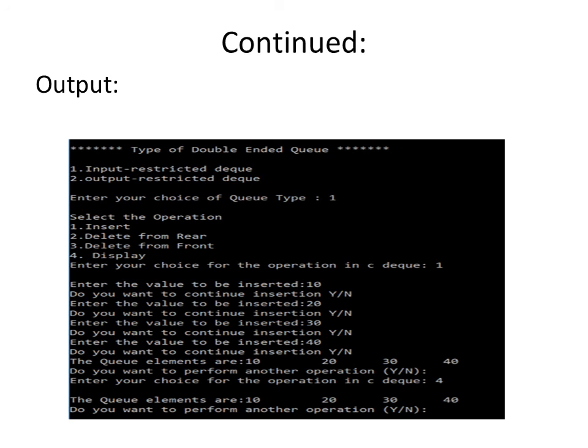Here you can see the output, how the program is performed. Here I have entered choice 1, select the operations insert, delete and display. What is choice 1? Input restricted DQ, output restricted DQ. I am using input restricted DQ. What is input restricted DQ? It is nothing but insertion is done only at the rear end and deletion is done at both ends. See here you can see CDQ. I am inserting the values and here the output is 10, 20, 30 and